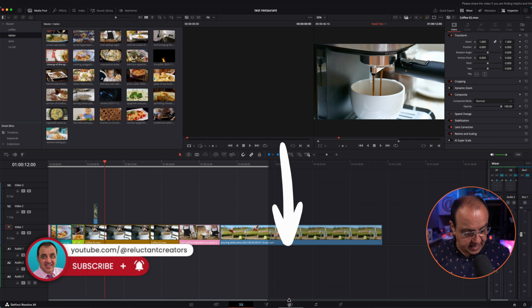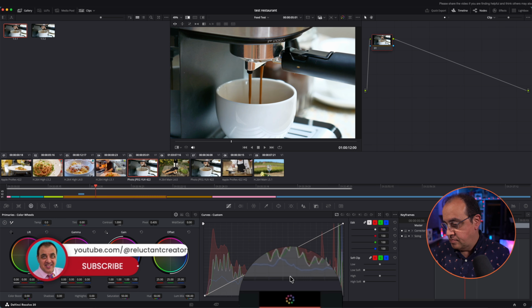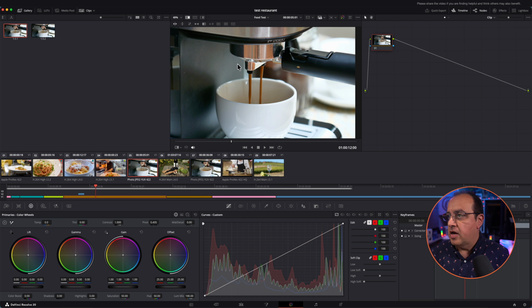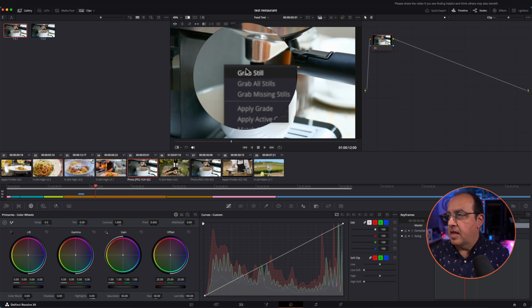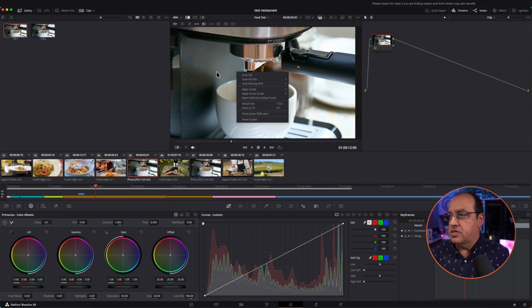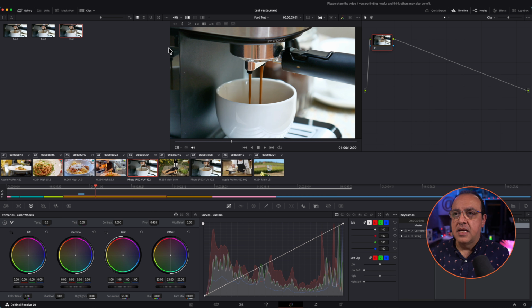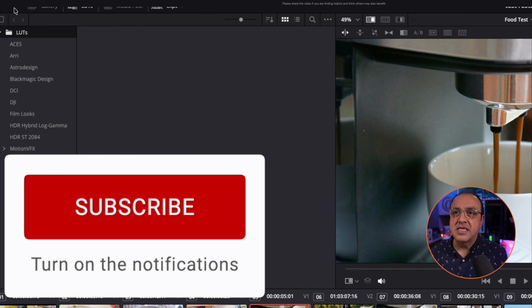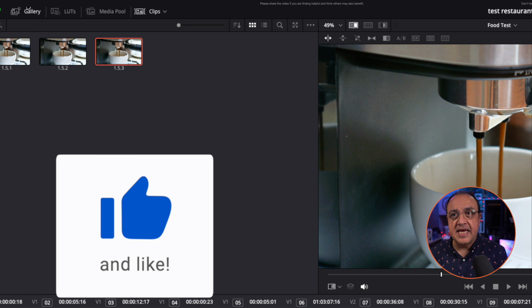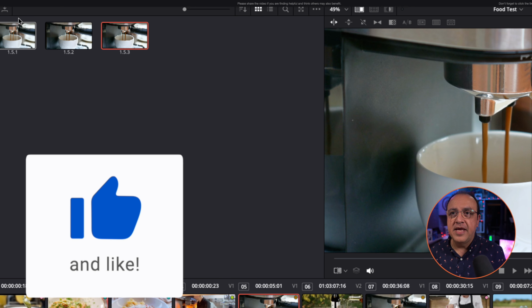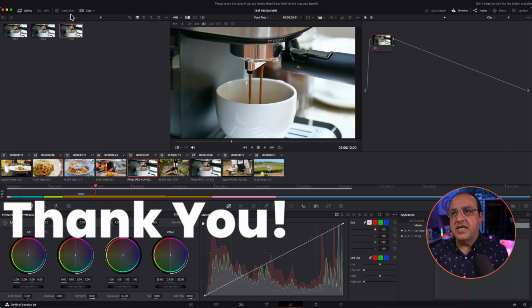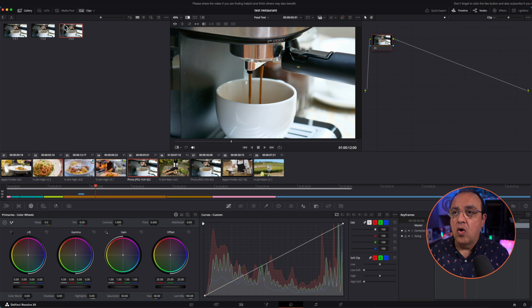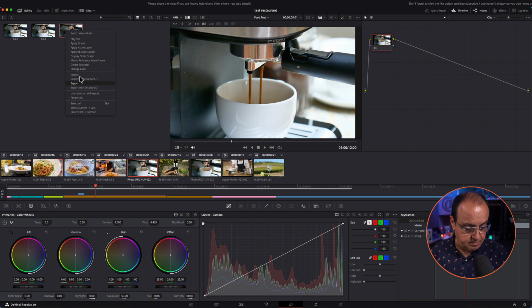So Color page, that's the icon at the bottom. Here we'll right click and you're going to Grab Still. So you right click on your frame, Grab Still. You may have seen it pop up there. If you're not seeing it, it works slightly different because it's actually going to take a still and add it to a gallery over here. So potentially you could use that image later in your production, or you can just right click and export